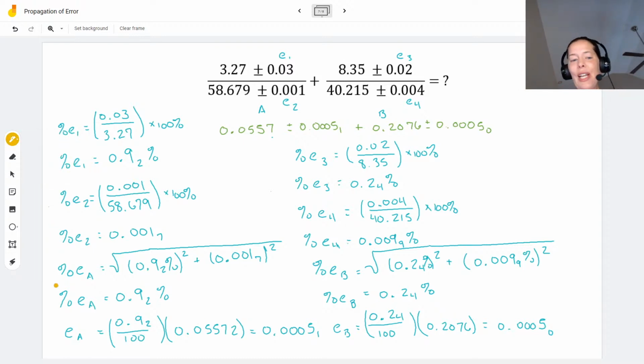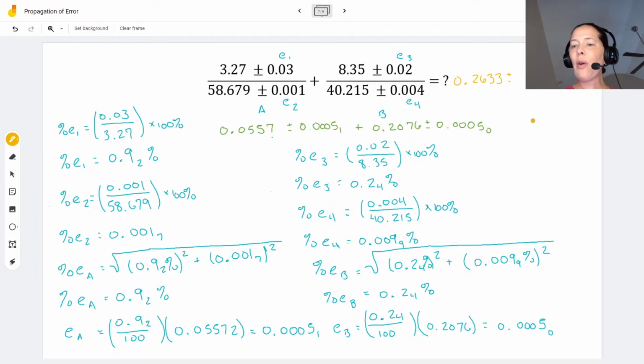And actually, I really want to try and get this on one page. So I'm going to try to utilize this upper right-hand corner as much as I can. Now, the great thing about going back to addition is I'm just going to square my absolute uncertainties. I don't have to go to percent relative uncertainty, so it makes it a lot easier. All right, so let's first maybe get an actual number here. Okay, so actually adding these two,